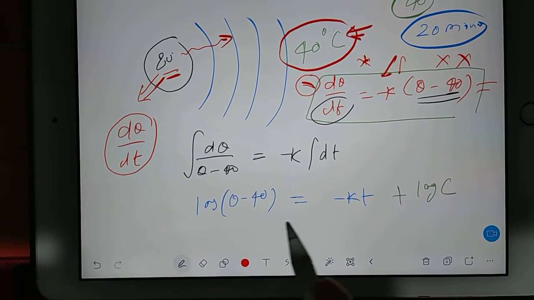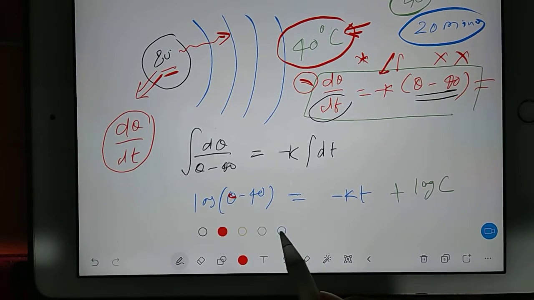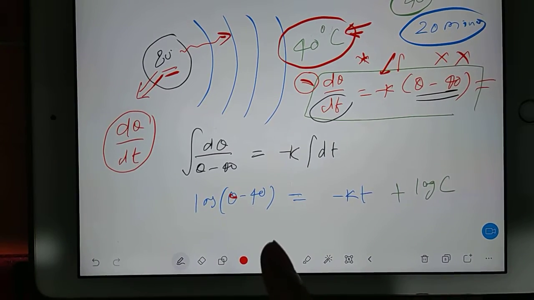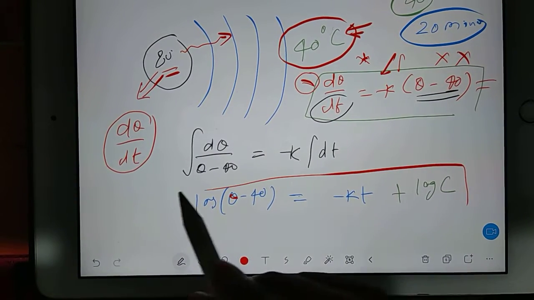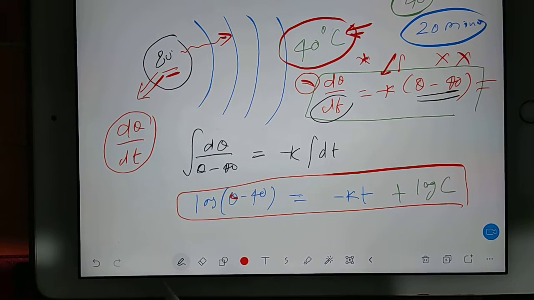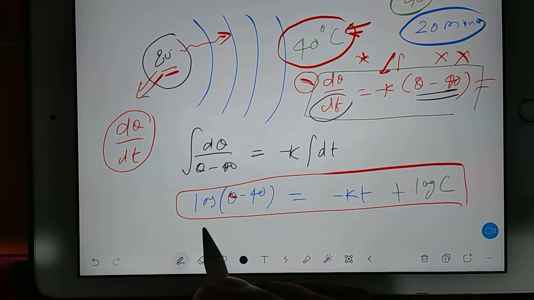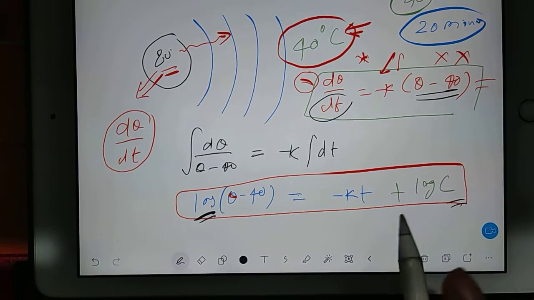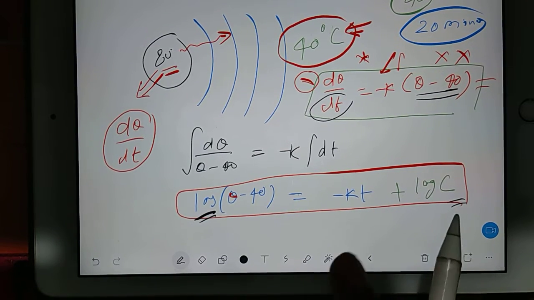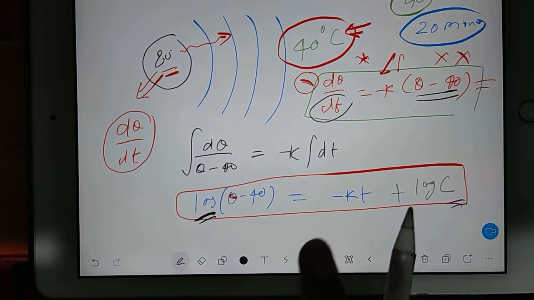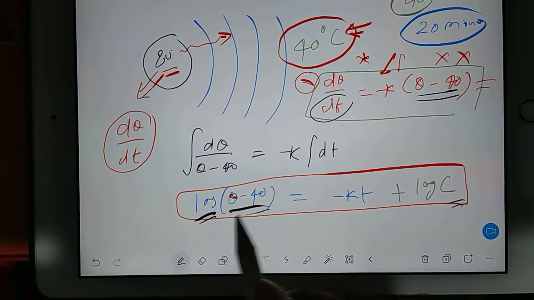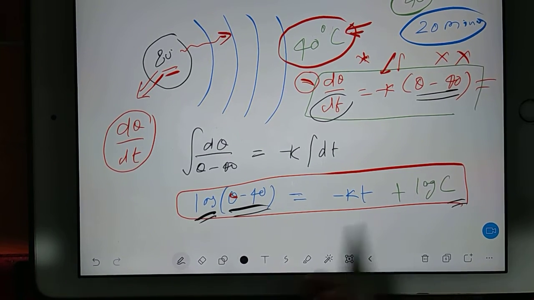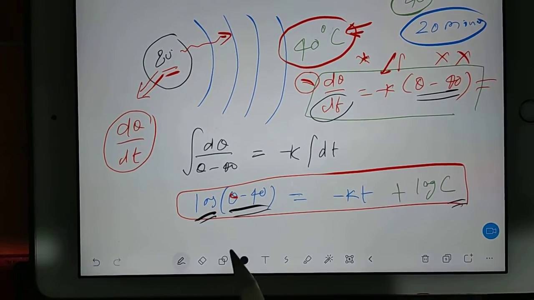Now you see we got an equation. In this equation almost everything is mentioned properly. We have the body temperature. Now we can solve this equation further. How can we do that? You see, here is a log and here is a log. I can combine both the logs, and you know how to combine both the logs. I can send that log to the right side, then this will give me the subtraction part, and this kt I can figure out. Let me explain what I'm saying. You do it in this way.